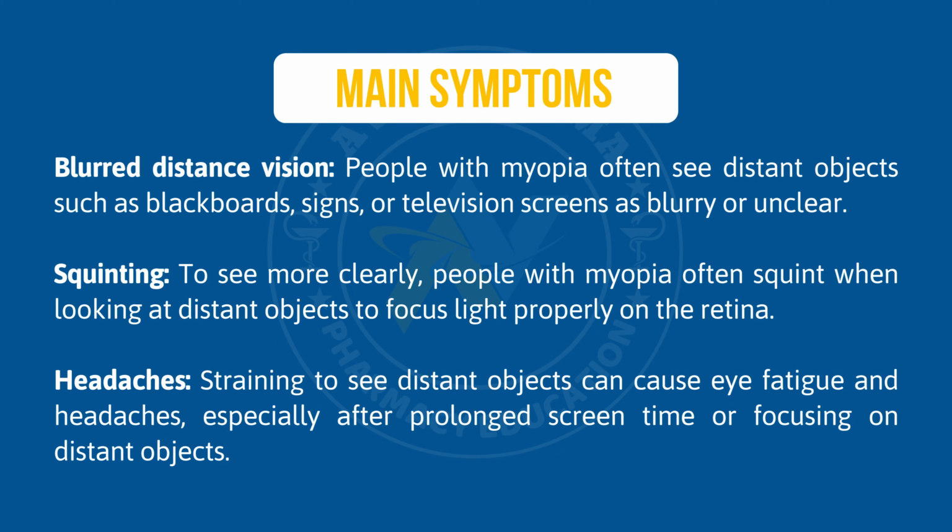Main symptoms: blurred distance vision. People with myopia often see distant objects such as blackboards, signs, or television screens as blurry or unclear. Squinting. To see more clearly, people with myopia often squint when looking at distant objects to focus light properly on the retina. Headaches. Straining to see distant objects can cause eye fatigue and headaches, especially after prolonged screen time or